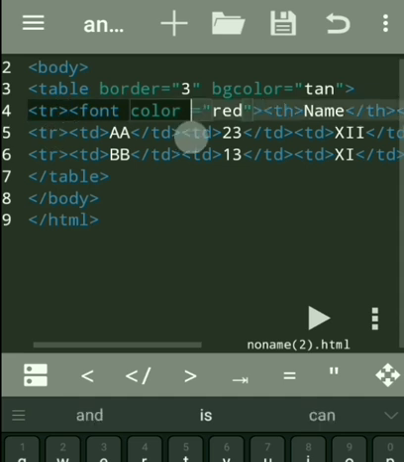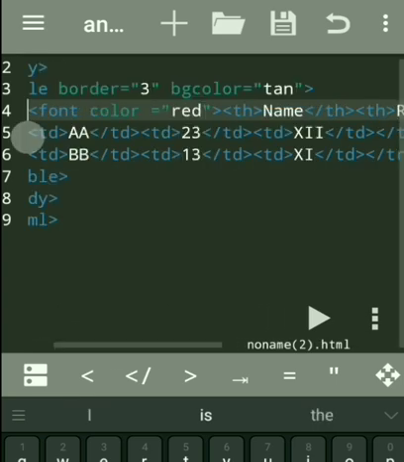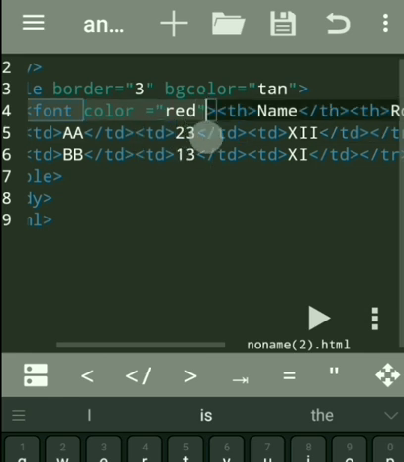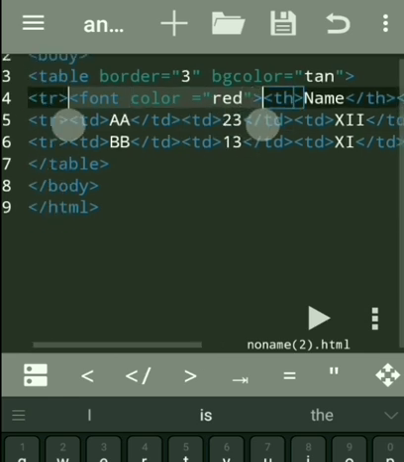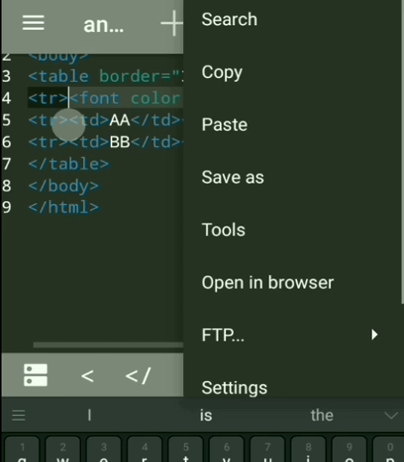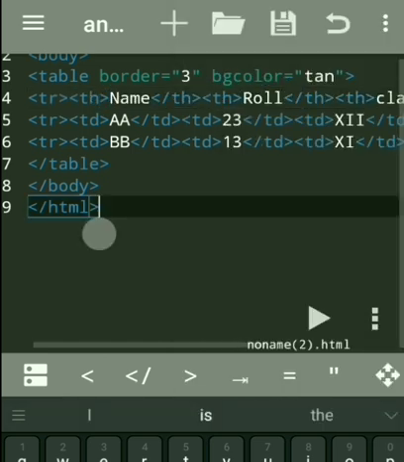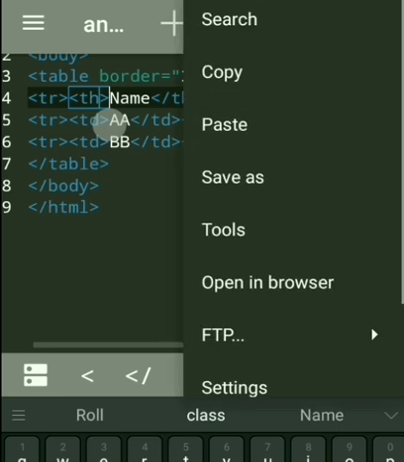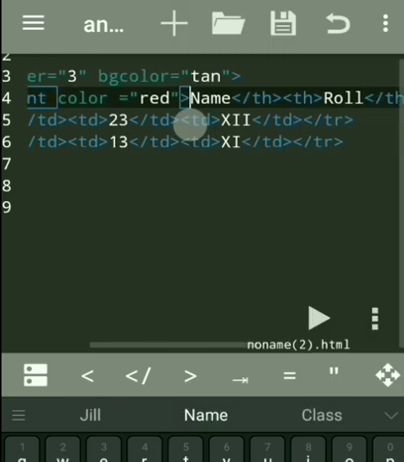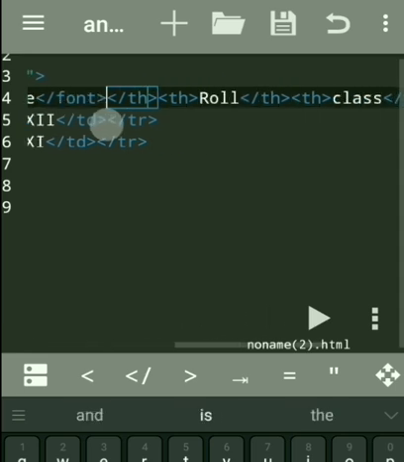So we have to use this font color for every element. I should copy and paste this font here, enclosing only the name.